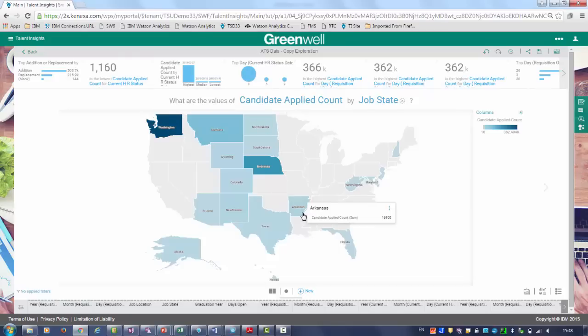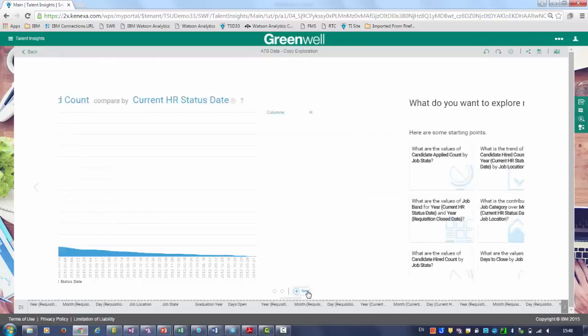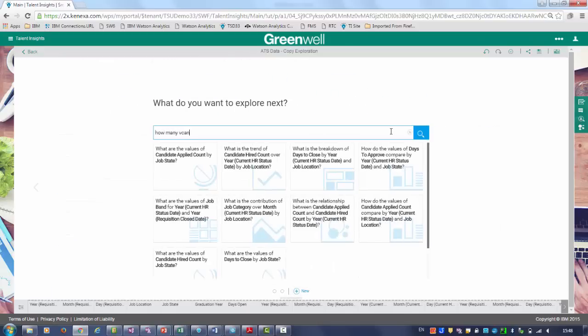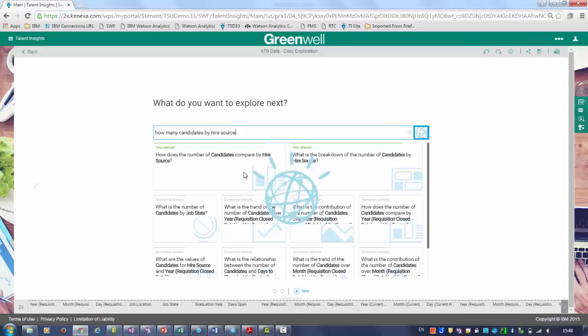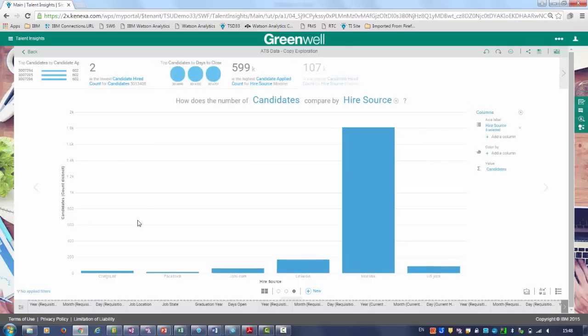And the infographic ribbon at the top also highlights other interesting patterns in the data, which I can visualize in one click. I can also use the natural language processing capability to ask a specific question, in this case, how many candidates by hire source. The bar chart builds in seconds and shows me Monster seems to be the best source in terms of candidate